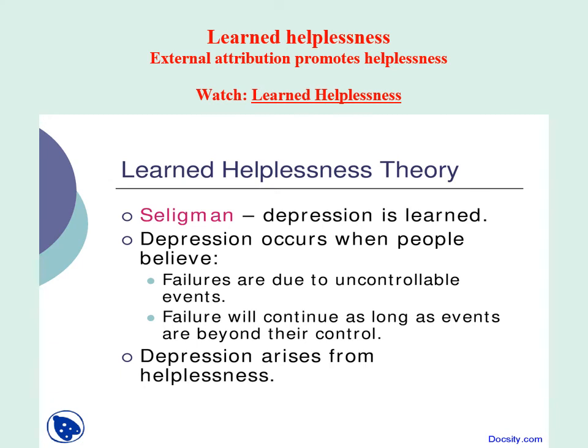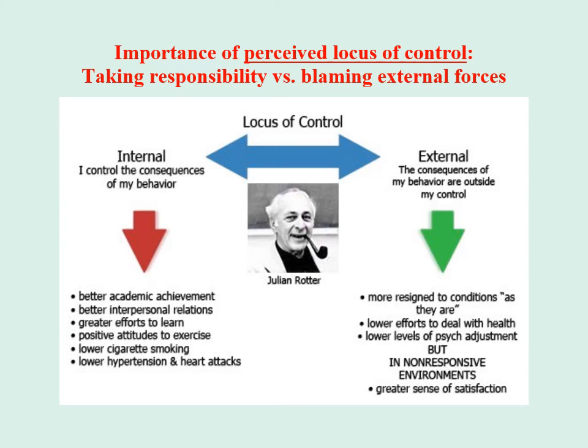But an implication of this model is also that if your attribution for the outcome is not to external uncontrollable events, but you maintain some belief in internal mastery, then you will be in a much better position to overcome the obstacle and not become depressed. So one way to avoid depression is to continue with the attribution to some internal causation, because that implies some control. Now, the way people habitually attribute their own outcomes is also in some ways a personality trait.